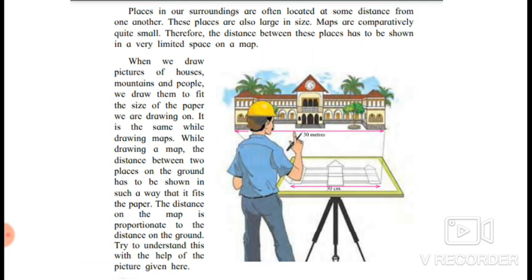Students, maps are comparatively quite small. Now we have seen the map just now. That is a small picture of our state. You know that our state is very huge, but the map is comparatively quite small. Children, a huge distance between two places on the ground is shown in such a way that it fits in the paper. When we draw, for example, a picture of a school, house, mountain, trees, people, do we draw